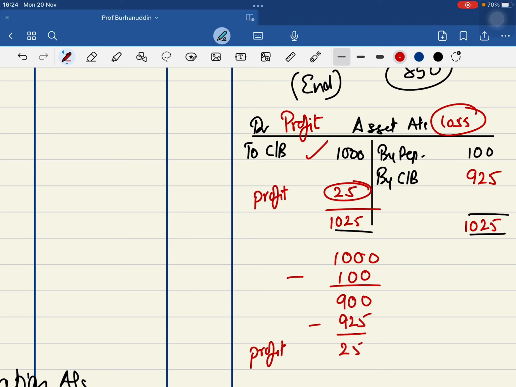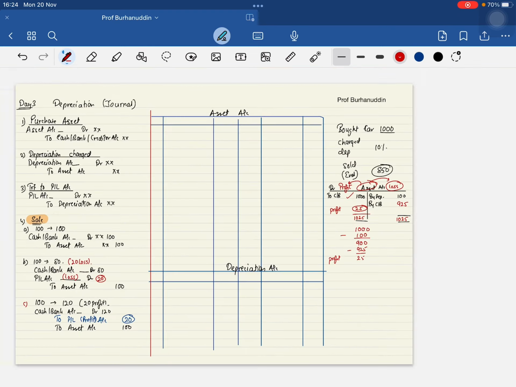है ना? One debit, one credit. So never think that loss is having a credit balance. No, in the asset I will be shown on the credit side. In the asset, I'll be shown on the debit side for the profit. Do you understand that? Yes or no? Yes. So what you need to remember with this example